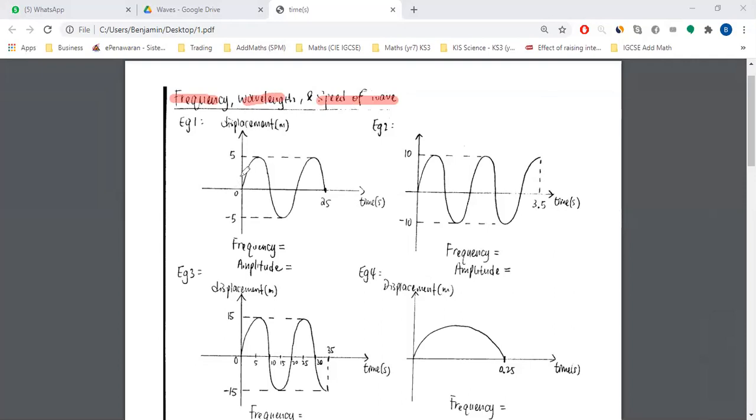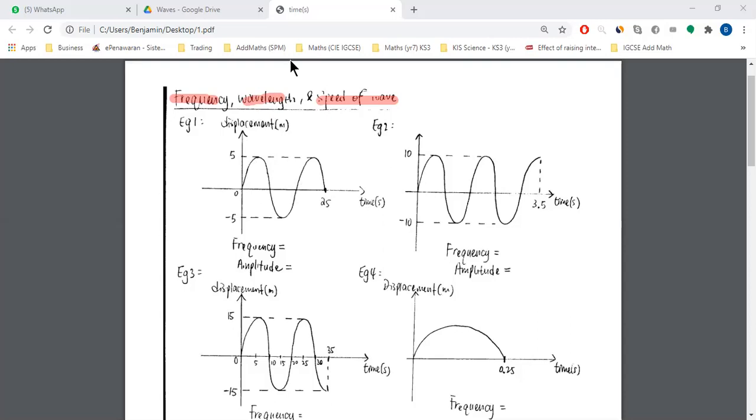Okay, so usually question will ask you like this. Okay, give you a waves, ask you to find frequency, amplitude, and the waves. So today we'll learn about how to extract the information from the waves diagram. Okay, now number one. 首先我们先讲找 frequency 先。